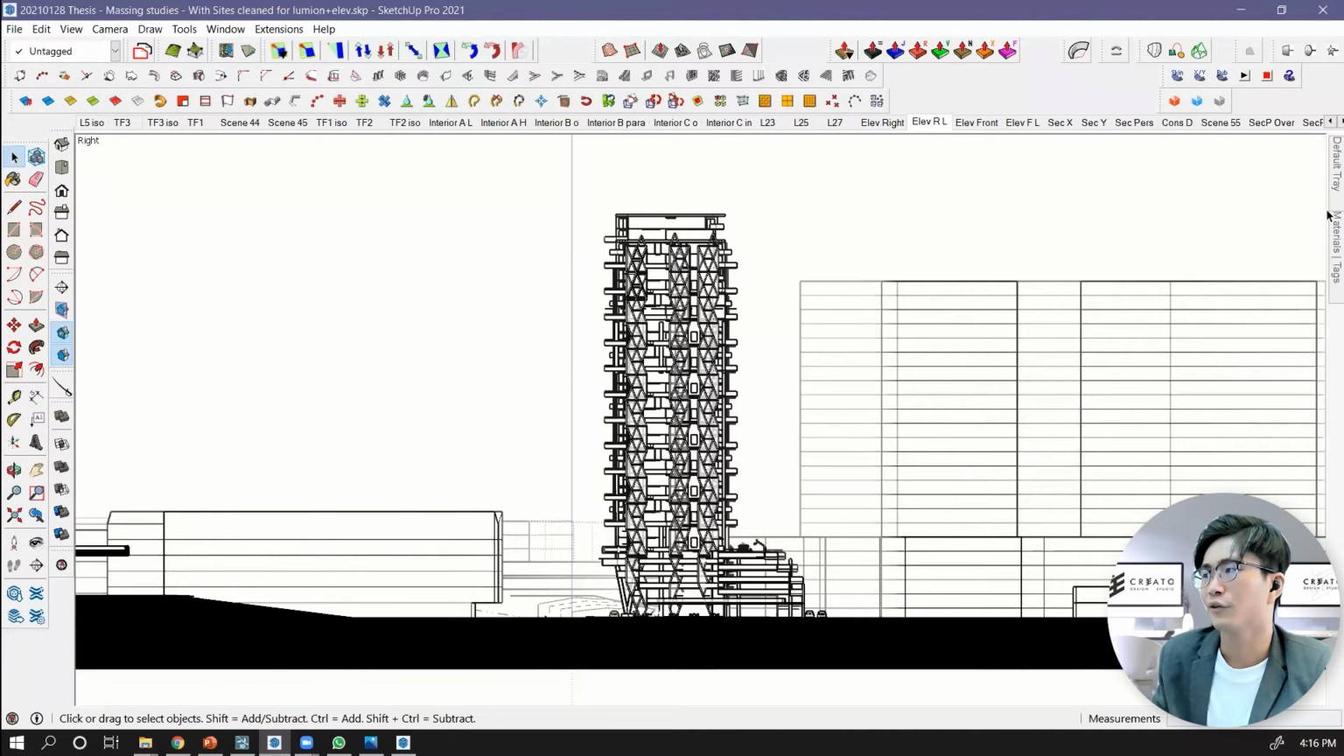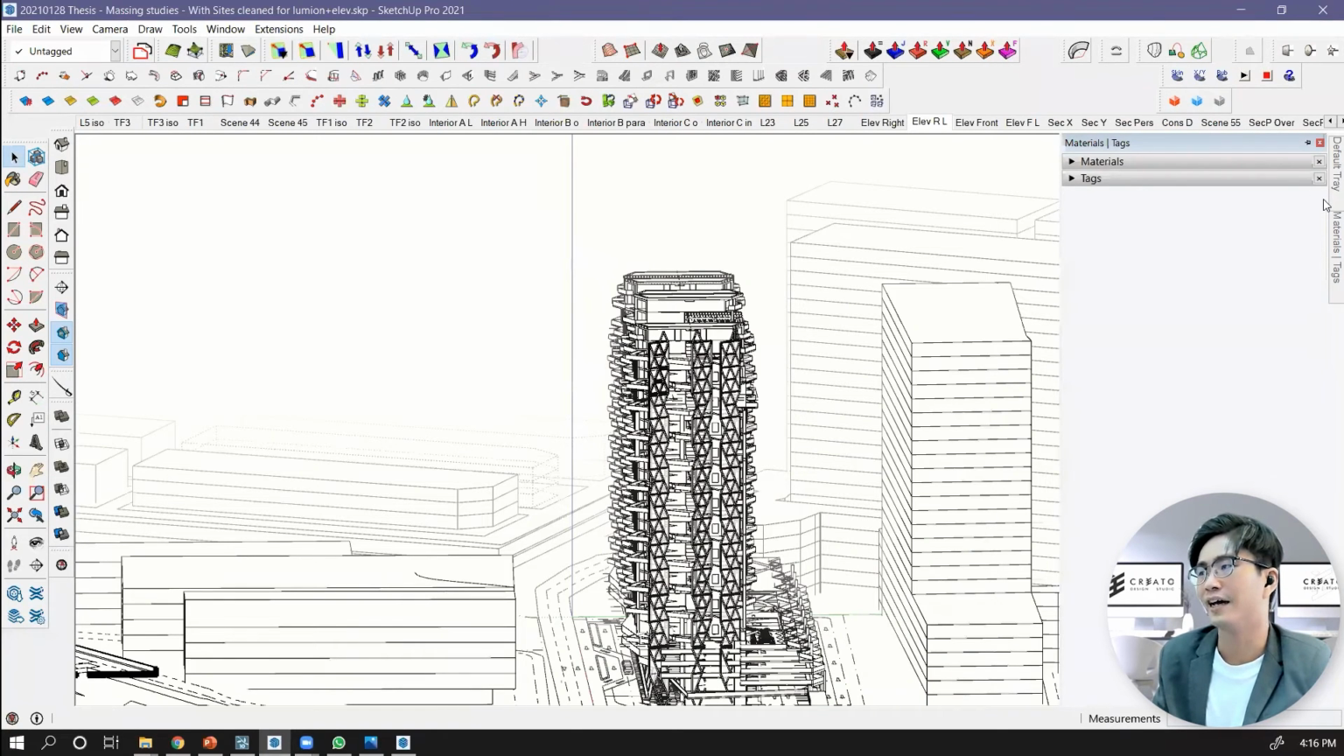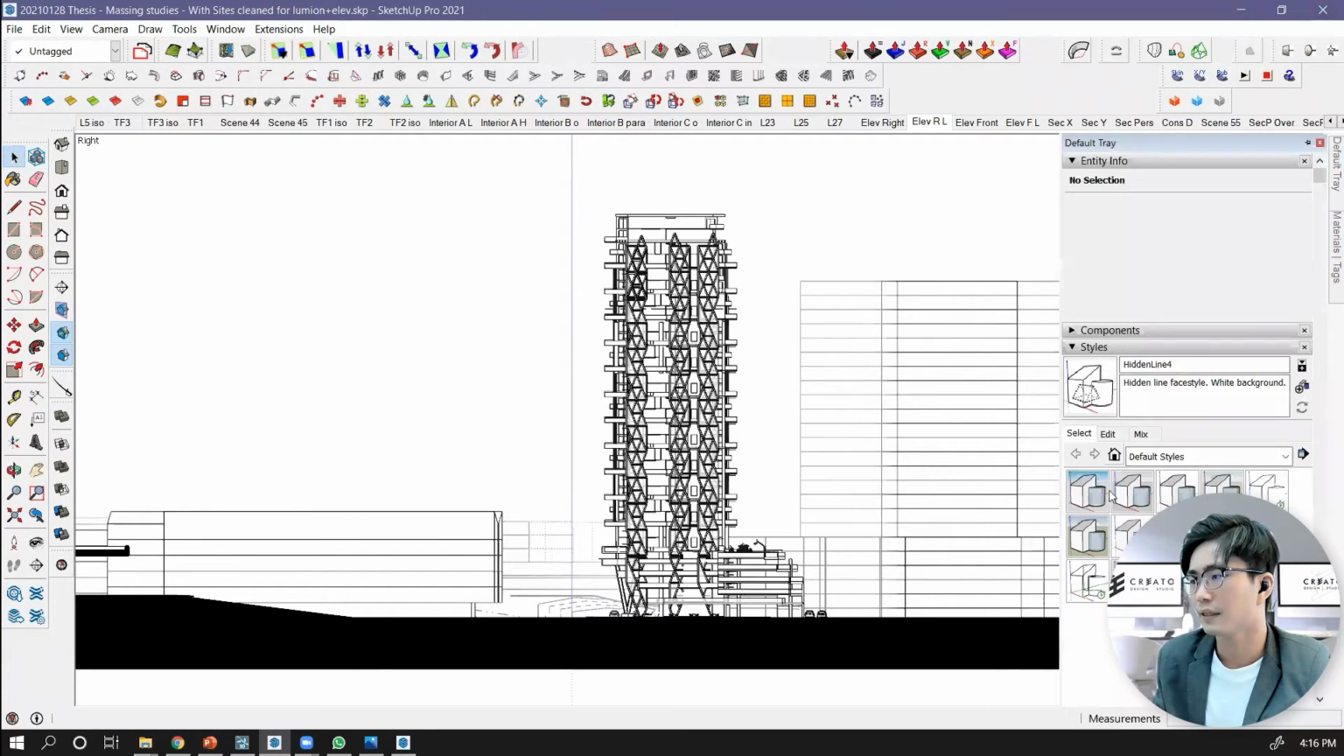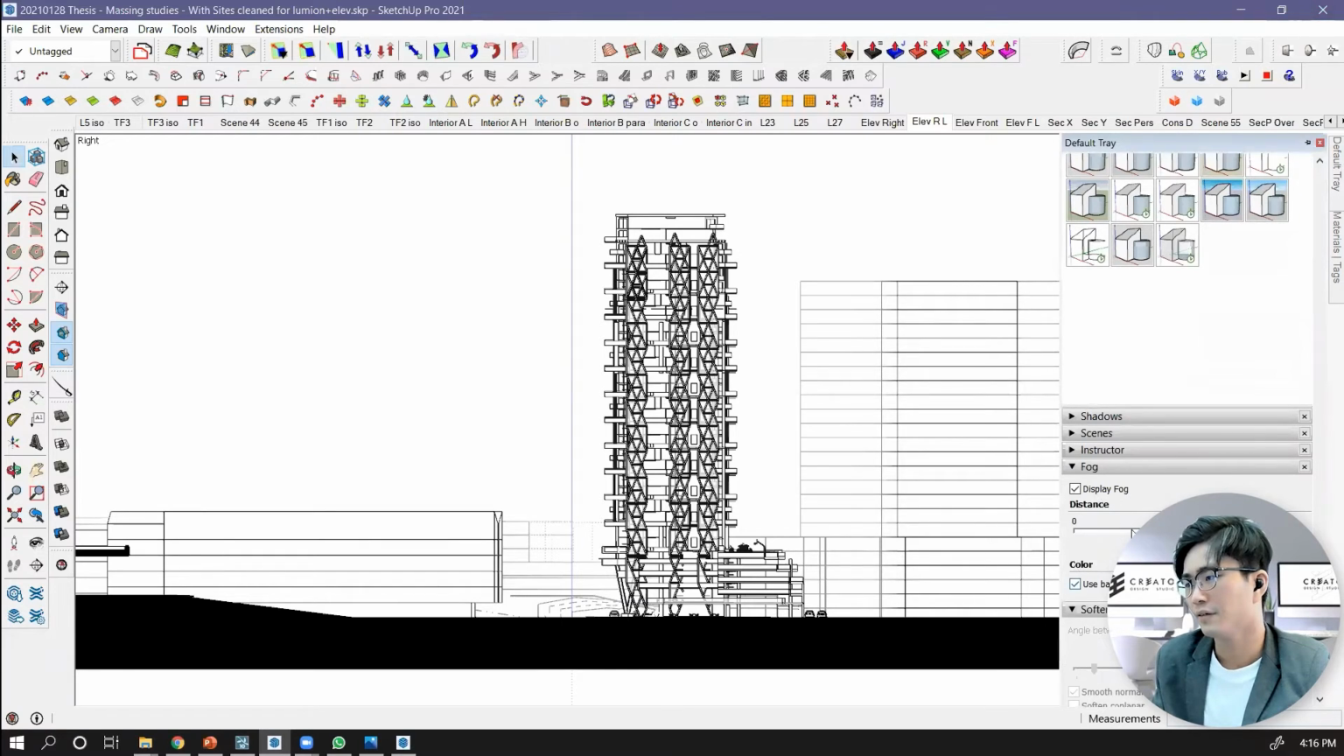disappear, you can enable fog. I don't want to pronounce it wrong. Fog. Okay, you can enable fog. You can adjust it at the tray here on the left. Fog. Okay, at here,